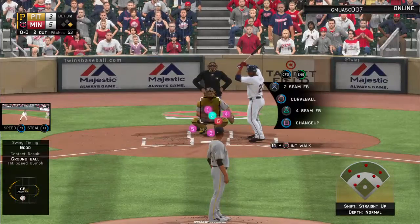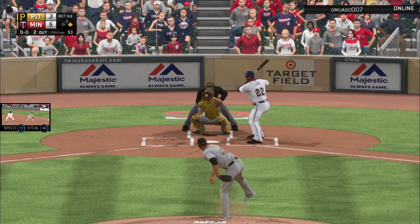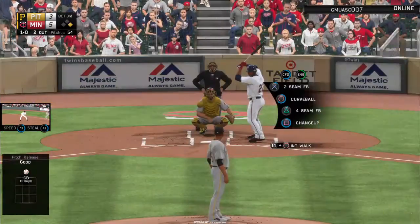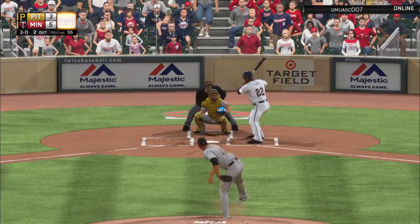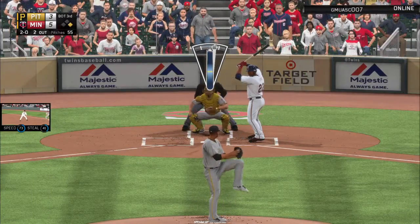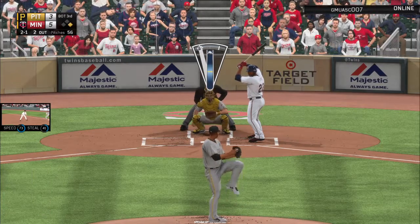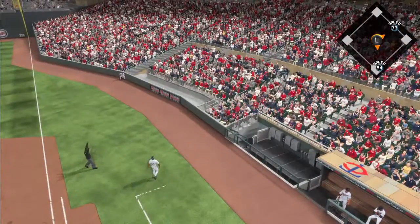Miguel Sano gets another crack at it now. He took a look at strike 3 in his first plate appearance. And this one runs up high, ball 1. Now time is called here as we'll get a trip to the mound. That misses, 2-0. A runner on first with 2 away. In there, 2-1. That's going to even up the count at